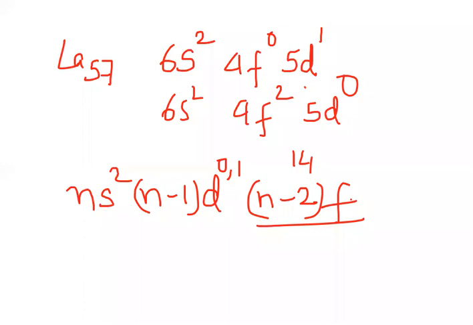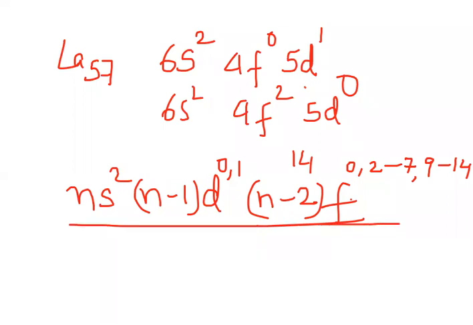Some write it as 0, then they give a comma, then they write 2 to 7, because once the half-filled stability has been attained, the electron goes to 5d. When it goes to 5d, it gets excited, moves to a higher level, and then again the electrons start entering the f subshell. So then again a comma is given, and from 9 to 14 it is written. Actually, in this case, the d shells will have 0 electrons unless the half-filled and the completely filled stability is met with. So this is the general way of writing the electronic configuration.